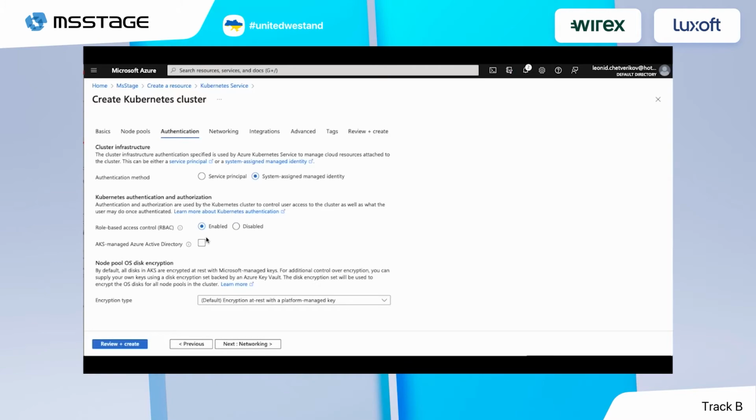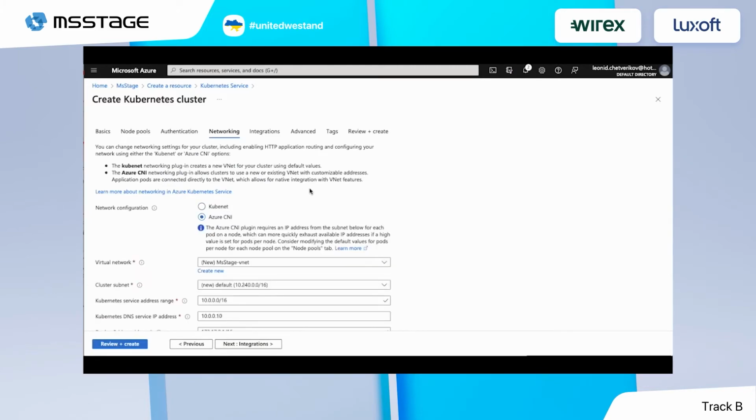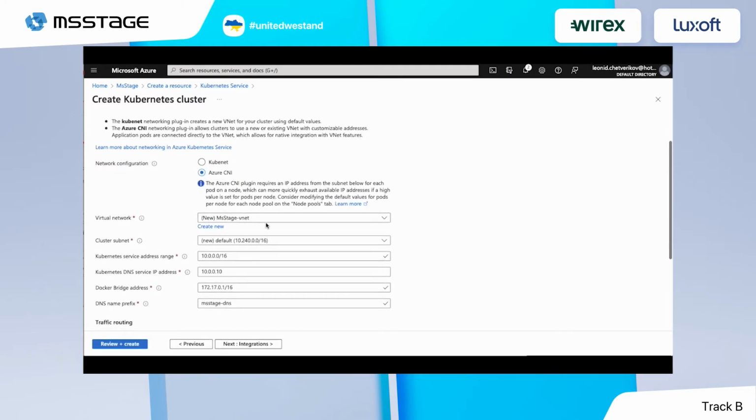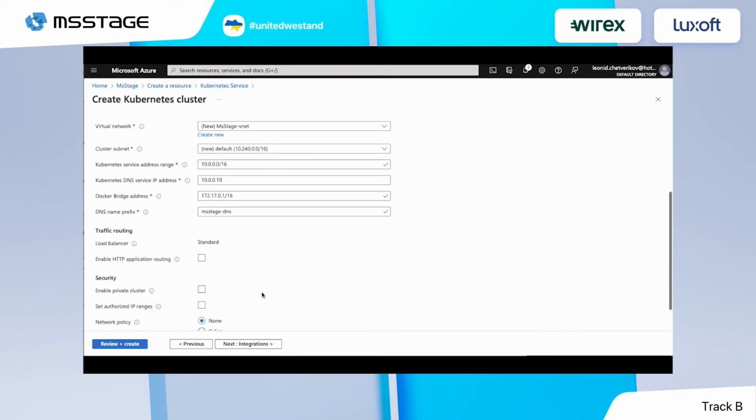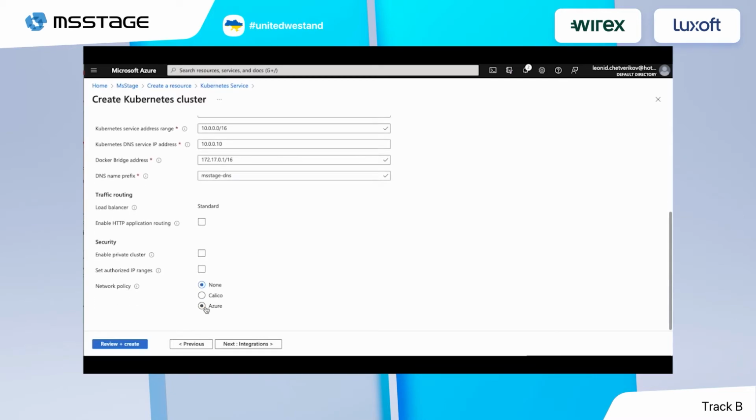Role-based access control, okay. Active Directory, I don't need it, but as you see, you can manage your Kubernetes cluster based on the Azure Active Directory. Encryption and the rest. Okay, networking. I prefer to use Container Network Interface, CNI. Virtual network it will create for me. Subnets, yes. Service, okay. HTTP routing, I don't think that I will need it. And I prefer network policy based on the Azure